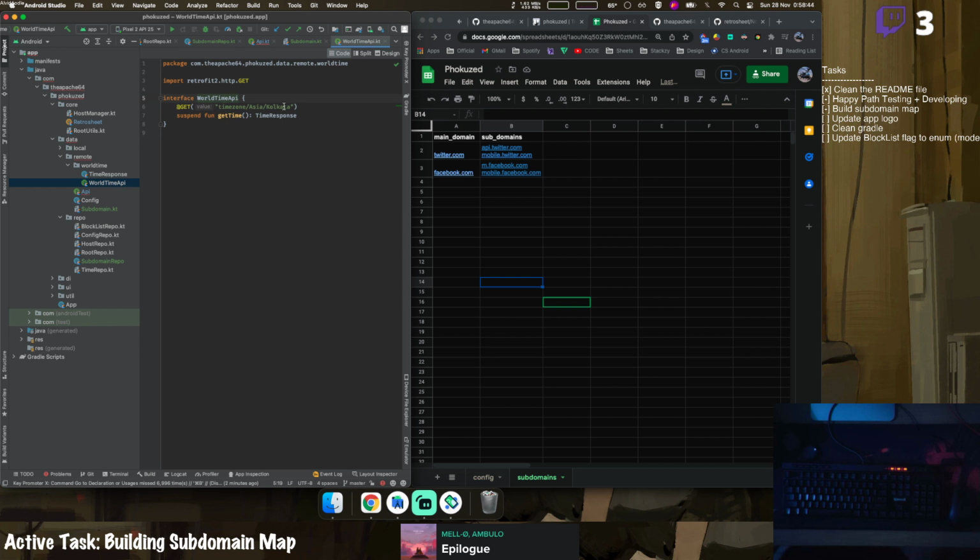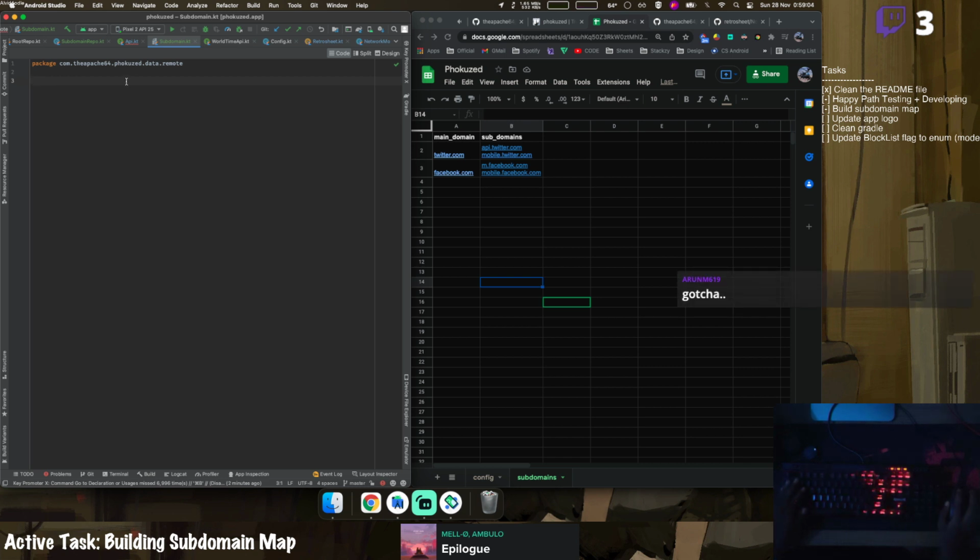It's a bit of over-engineering, but I want to minimize the possibility of overriding the host rules. You know what I'm saying? All right. So subdomain. The subdomain structure will be